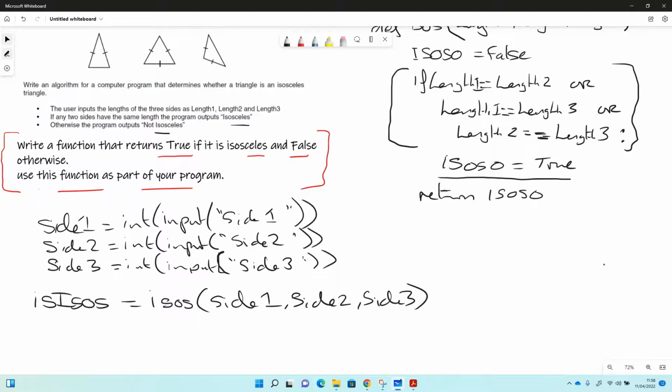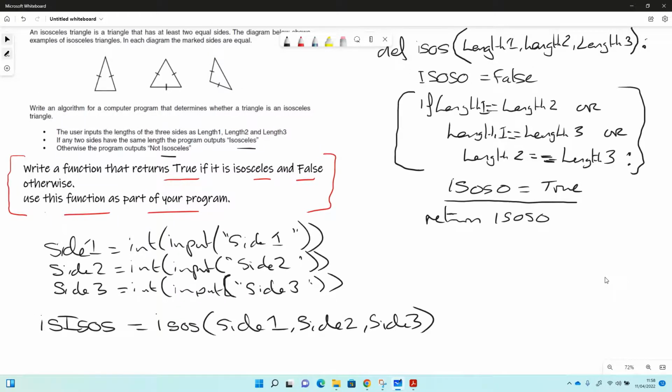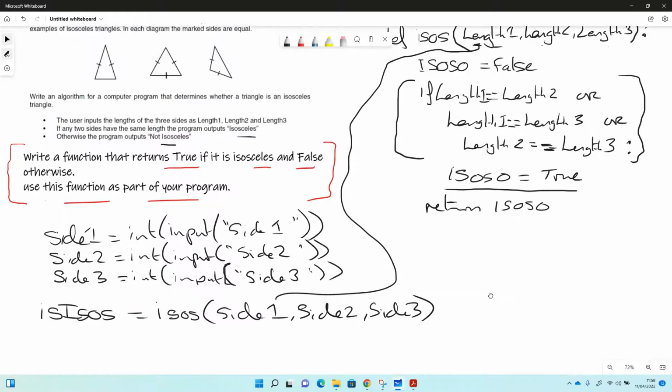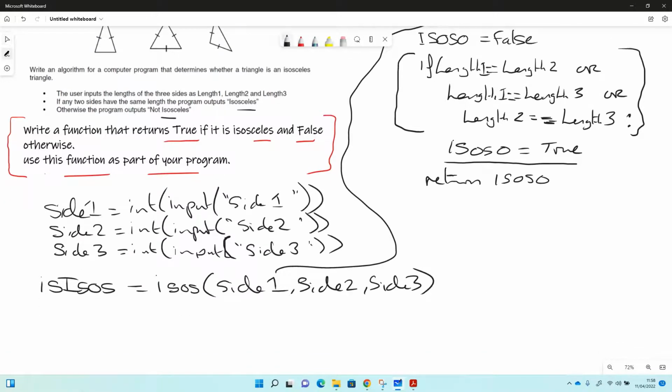So notice, of course, they don't have to be called the same thing. So in here they're called length 1, length 2, and length 3. In here they're called side 1, side 2, and side 3, and that's fine. They all map together. So this will map up here to length 1, and they'll just map to the right order. So isos is equal to isos side 1, side 2, side 3,